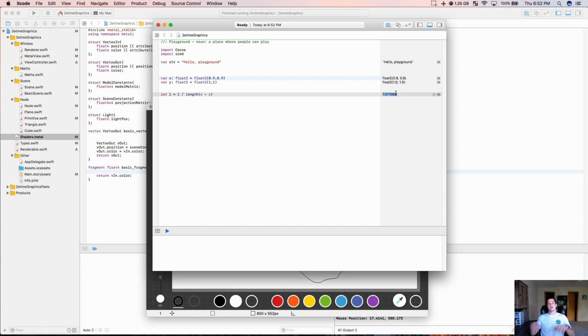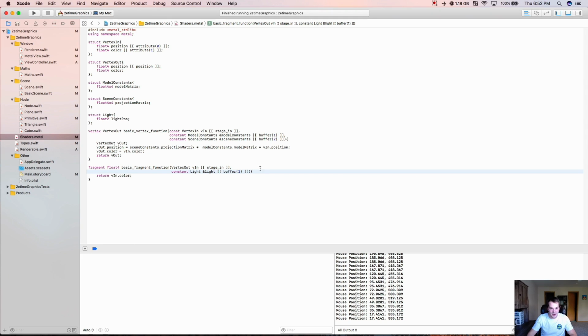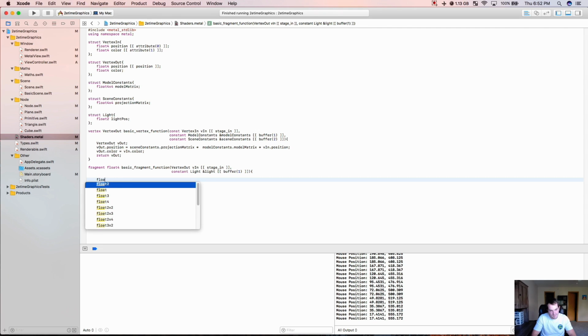So now all I have to do is multiply. So basically what I'm calculating right now is the intensity, the intensity of the pixel color, right? I'm just going to say it because I got to get out of here. So it's not let intensity. It's var float intensity equals light, and I'm bounding it between 0 and 1 because really you can't multiply a color times